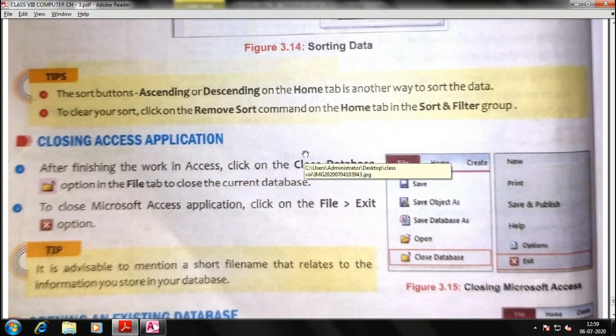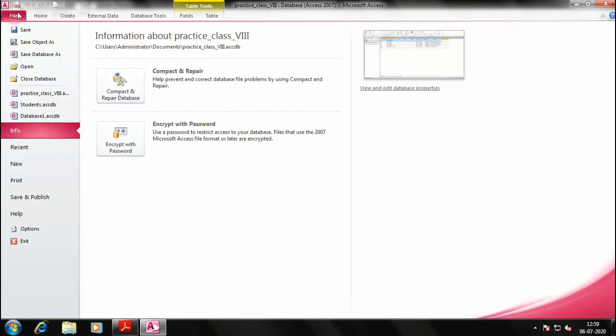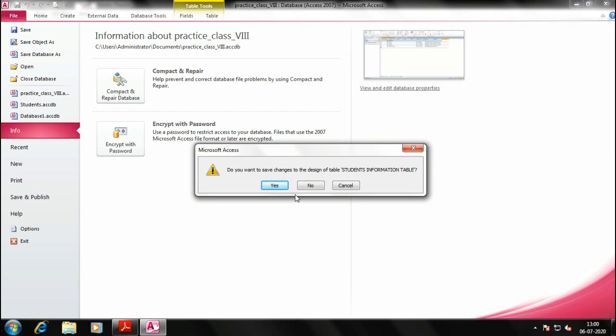Closing the Access application. We know that we can press Alt F4 and it will close, right? But step by step closing is a bit important. So click on file, then close database. You have to close the database. If you just exit it, there can be a chance of your database crashing. We have created only a single table here, but it is better to go step by step so that we could memorize it.